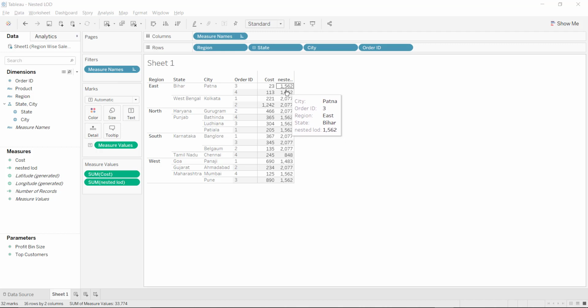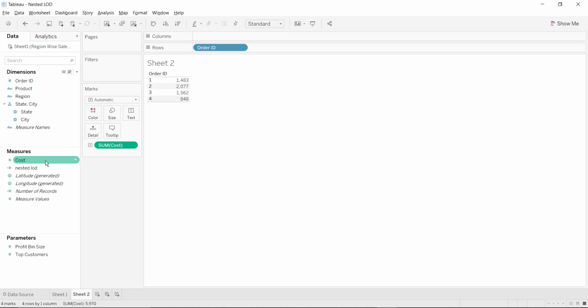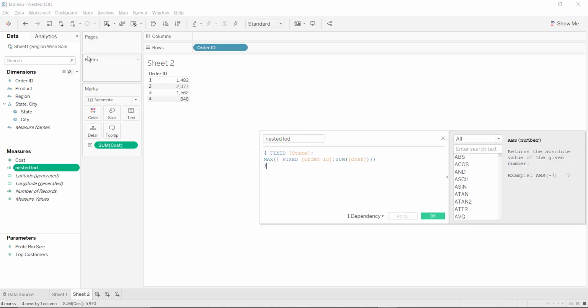Now the value that we are getting here is completely larger than what is expected. So let us figure out what this value is and how to get the correct value. Let me open a new sheet. Let me drag order ID and cost. Let me open the calculated field that we created as well.